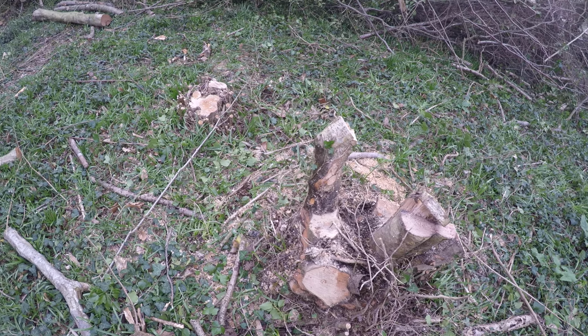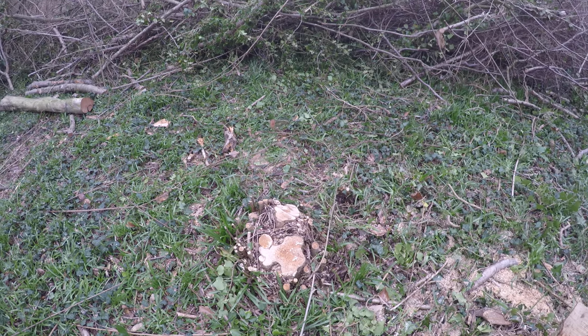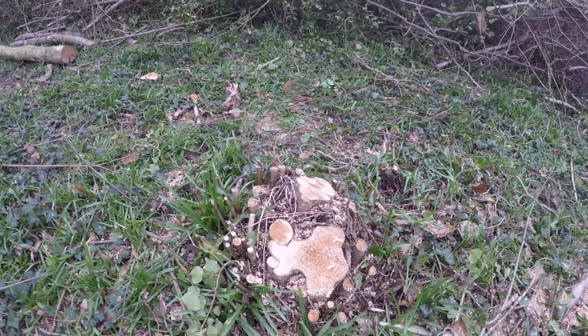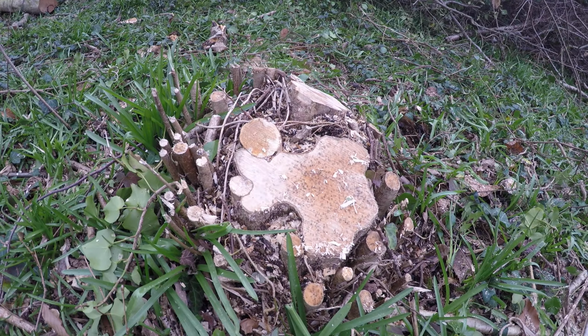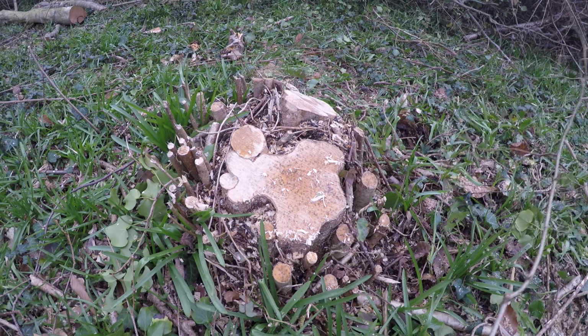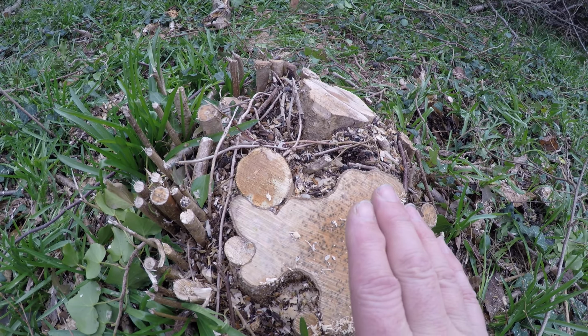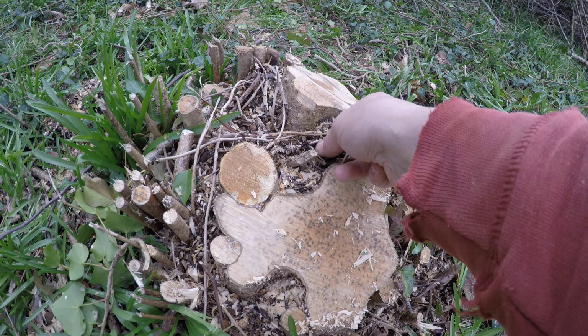Right, how do I leave my coppice stools? I've been asked this a couple of times in comments of various videos, and the answer is as low as possible. This one's not bad. Ideally it would be lower, but you've got a compromise between the height of the stool and all this material,